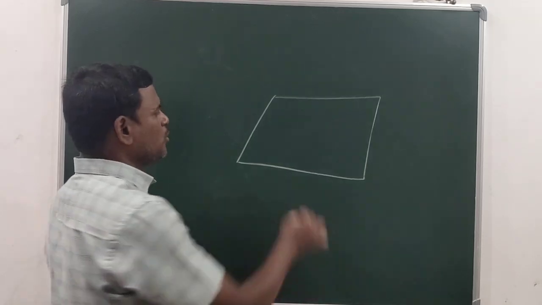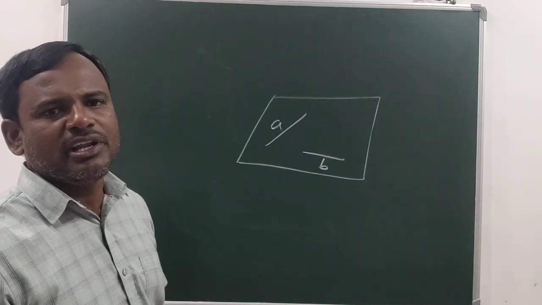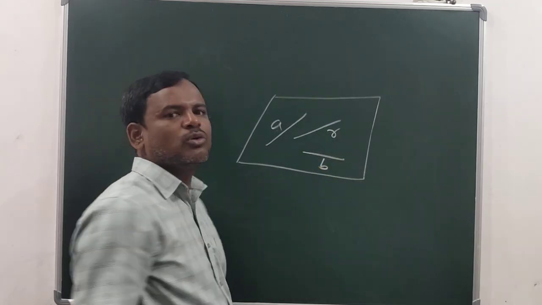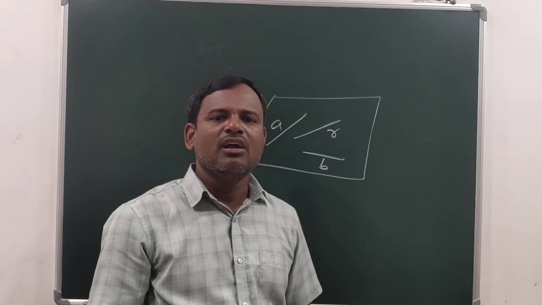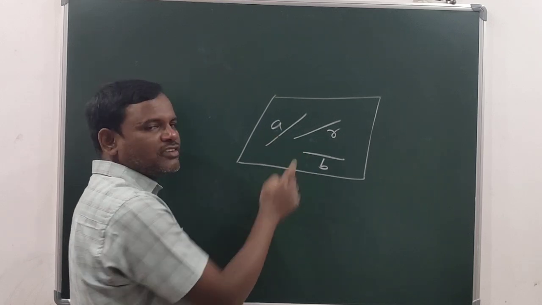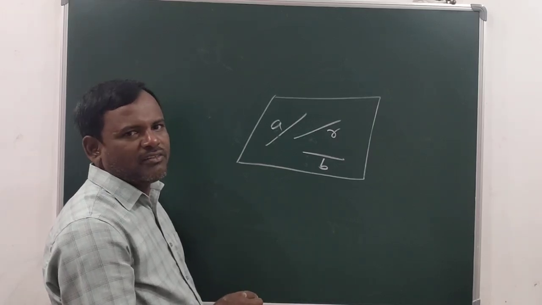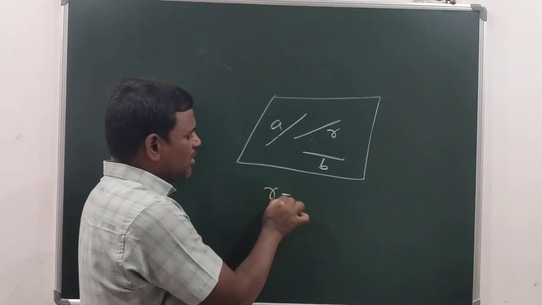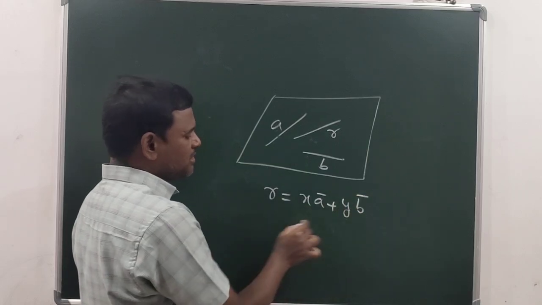In the plane, there are two vectors, A and B. Both are non-zero vectors, non-collinear, non-parallel, and R is one vector. These three are coplanar. Coplanar means vectors which belong to the same plane are known as coplanar vectors. Whenever these three are coplanar, and the condition is that A and B are non-collinear and non-parallel vectors which belong to the same plane, hence this R can be written as X A bar plus Y B bar, where X, Y are